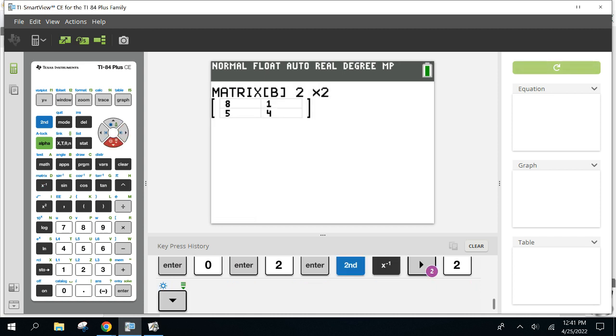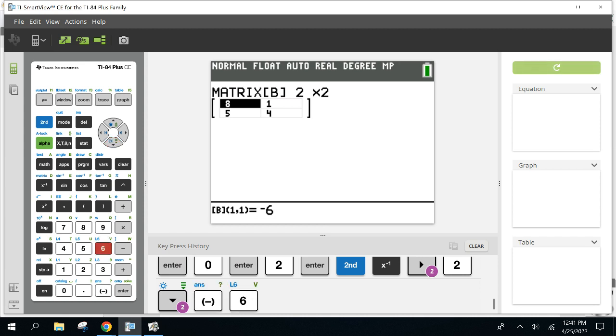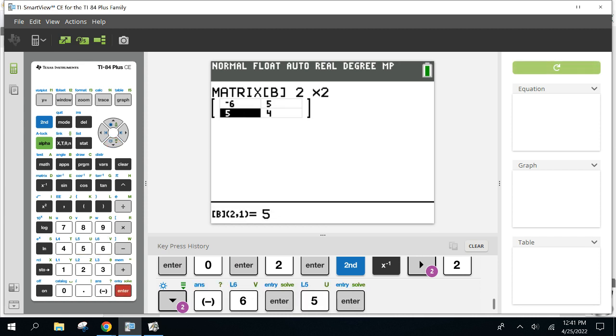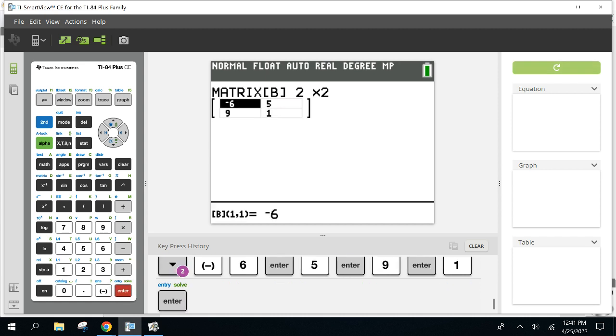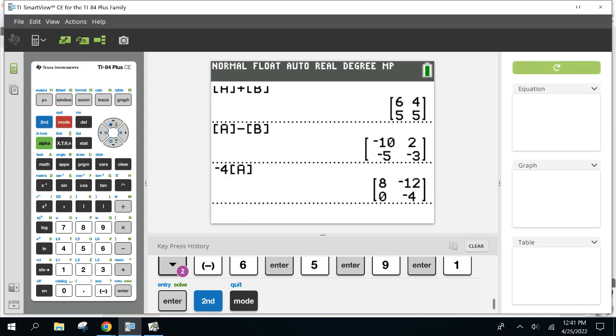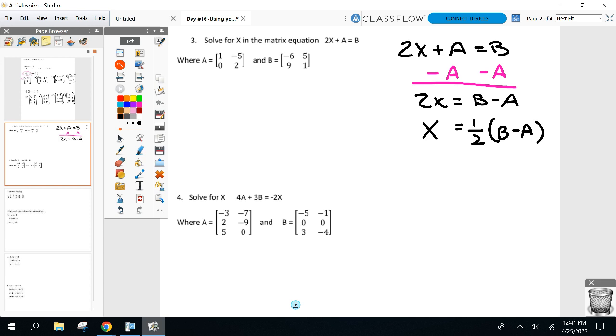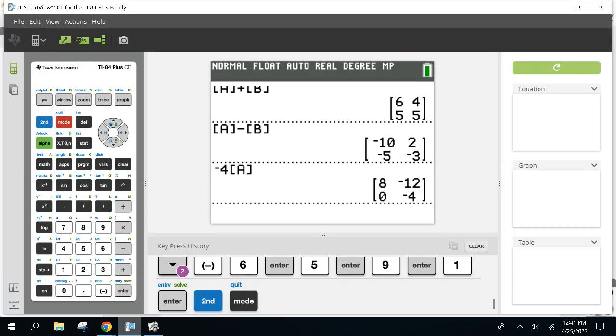So I just need to put in the new numbers, -6, 5, 9, 1. So it's just the last. I get out of there now. Second quit. And now I'm looking to do 1/2 b minus a. The only thing I bring your attention to when you do it,